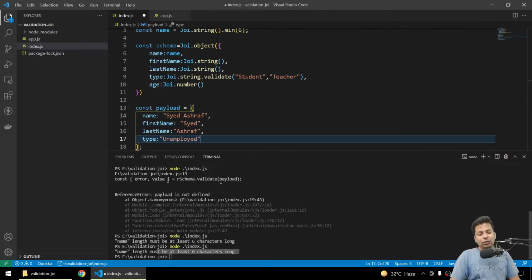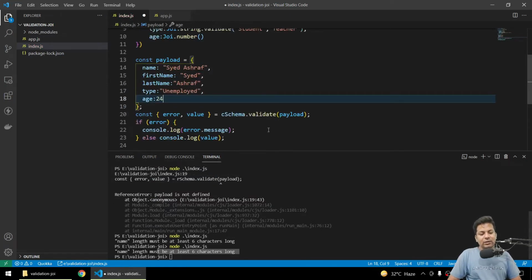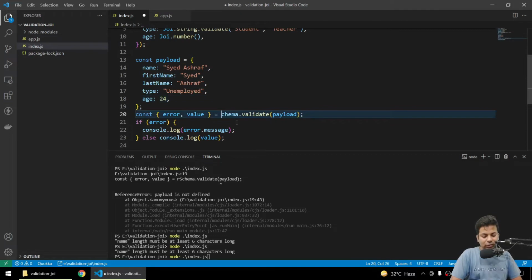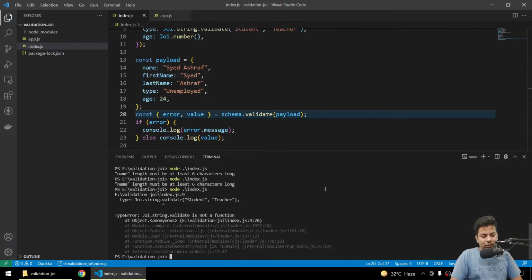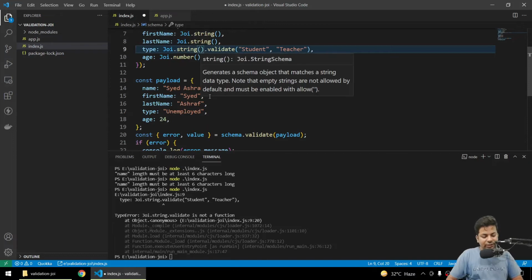I'm sending the wrong value. Age will be 24. Everything's normal. We'll just save it. Now we'll run it. Firstly we have to change it back to schema. Joi dot, I forgot brackets.